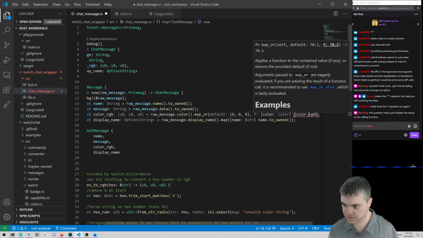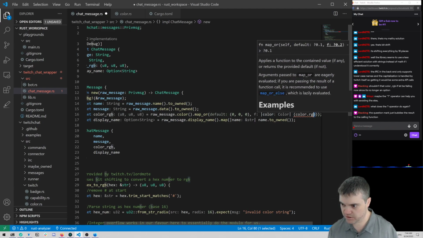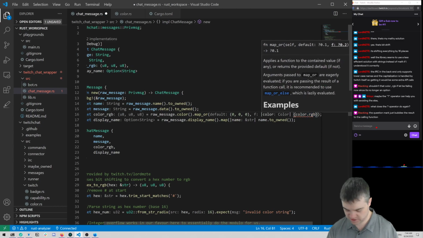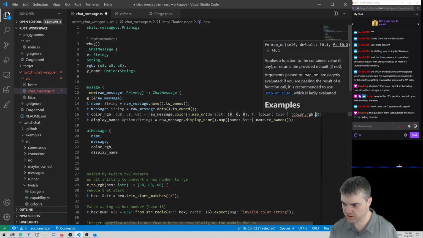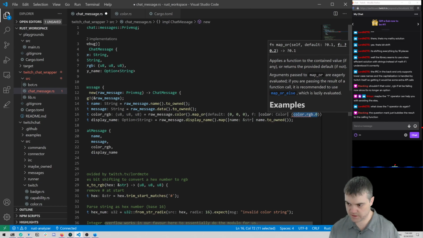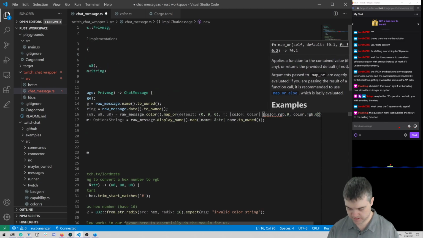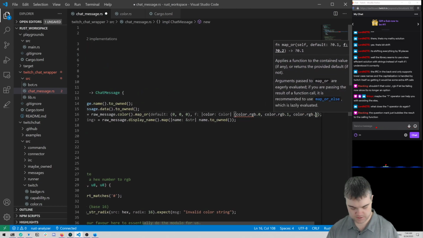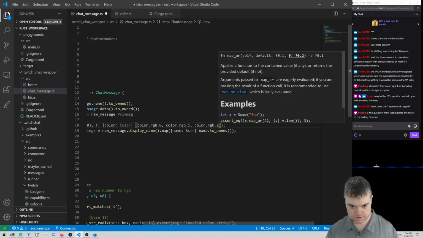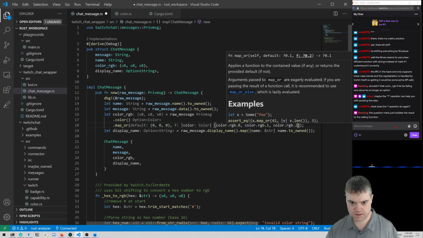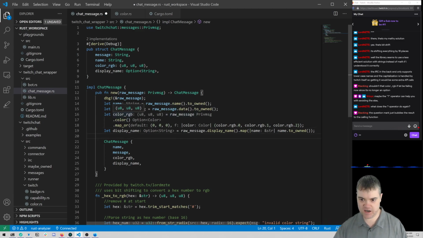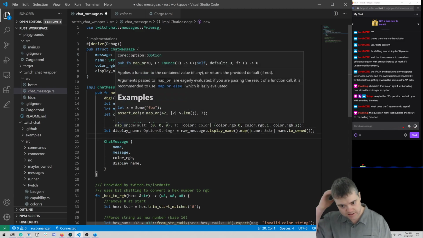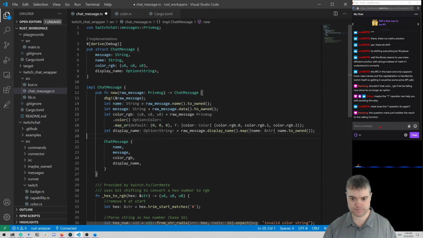So grab this color RGB dot 0, 1, 2. Okay, this works. Now we're getting the color out, and we're using the map to actually figure this out. All right, that is so much nicer looking.